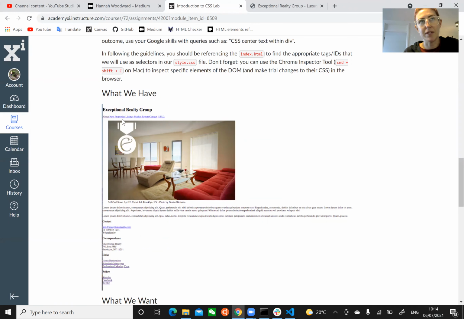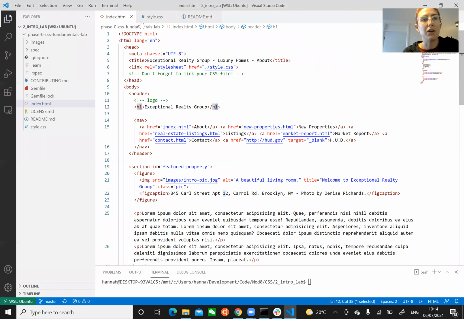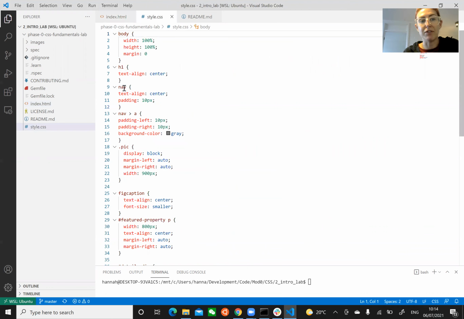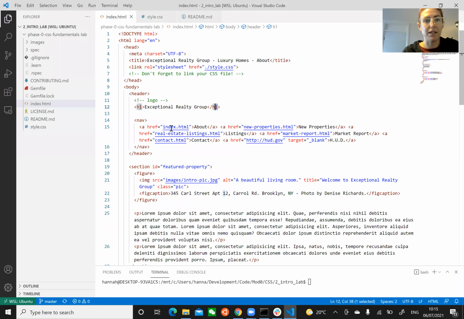What I found was that I had to do it in two parts, because if I set the background color for nav as gray, it would be the whole strip along the page rather than just the boxes around the text. So to just make it around the text, you need another selector, A, which if you have a look in the HTML files is here, right? So you've got those, or an element, yeah. So here you've got A,